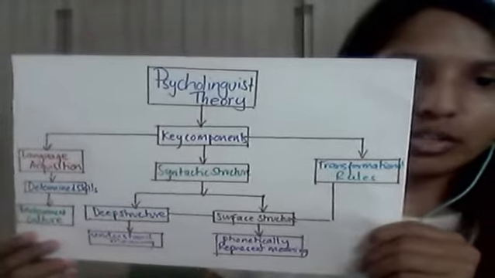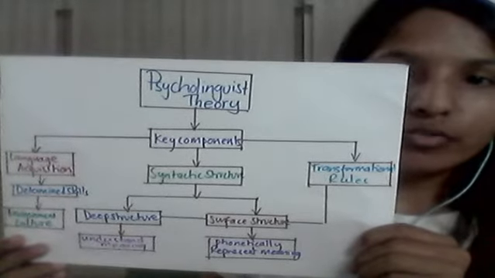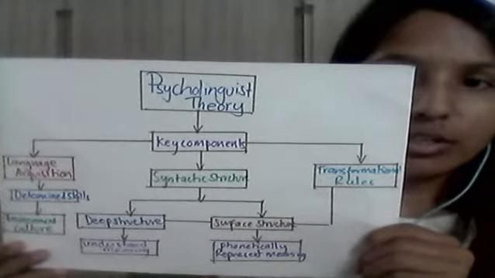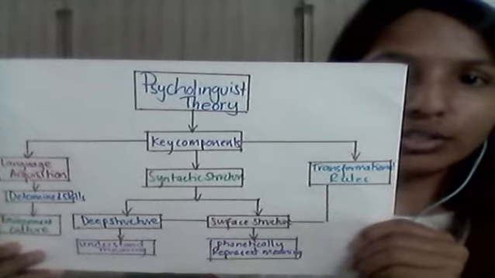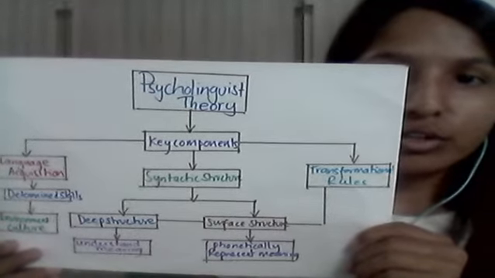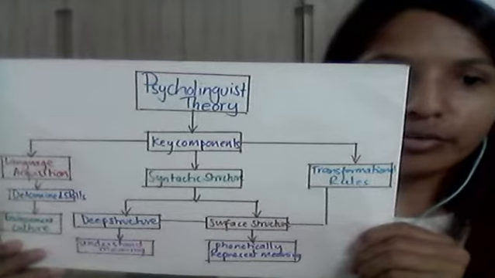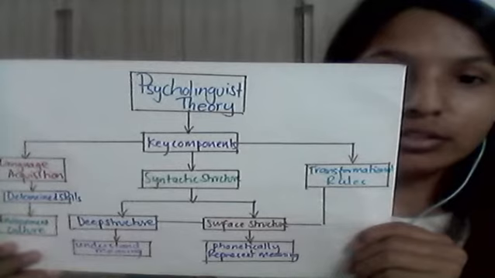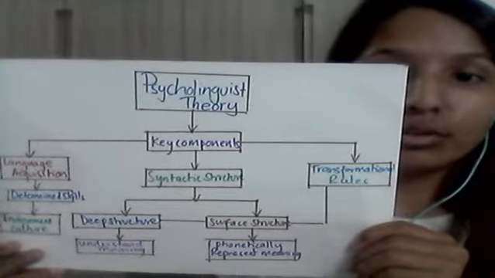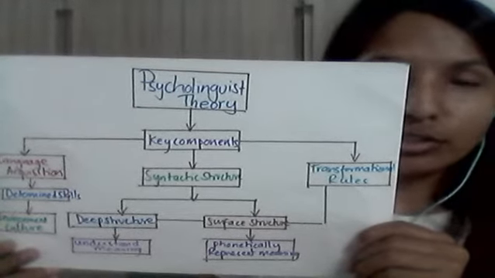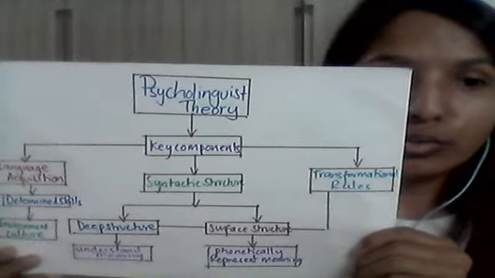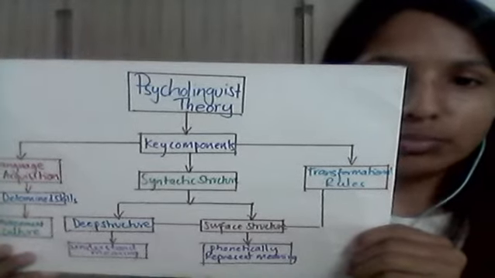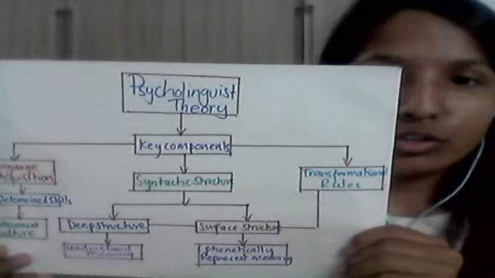The next one is the psycholinguistic theory. This focuses on the syntactic system and the rules that govern the system. Some of the key components of psycholinguistic theory is language acquisition, which involves genetically determined skills: humans are programmed to learn language naturally, like learning to walk and jump, and it also depends upon the culture and